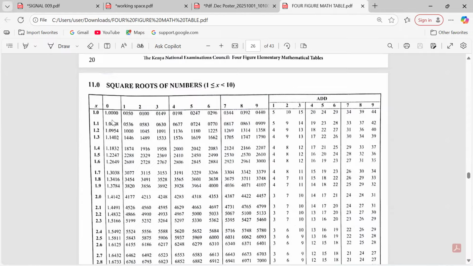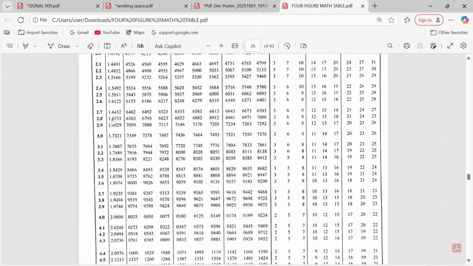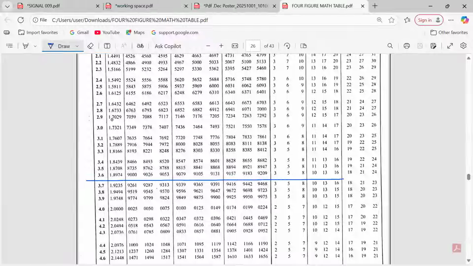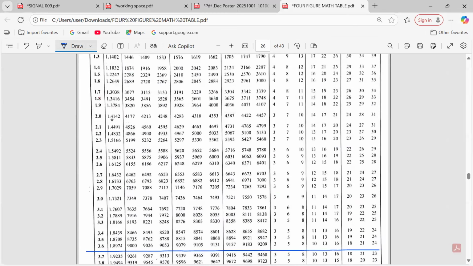So in this one now, you're supposed to read 3.634. So 3.6 first, you identify the row bearing 3.6. So this is the row that we shall be using. First, you identify that row, 3.6. Then we go to the column with 3. This is what we are doing. We are finding